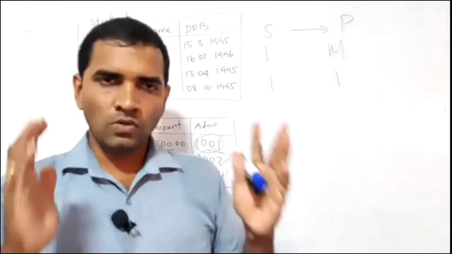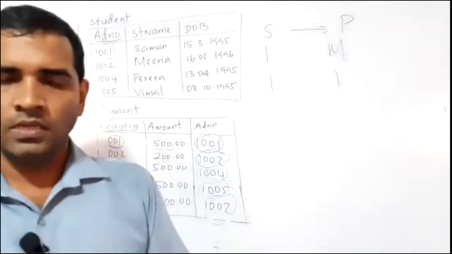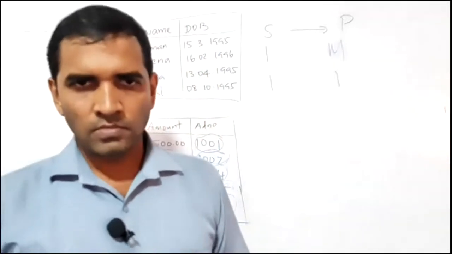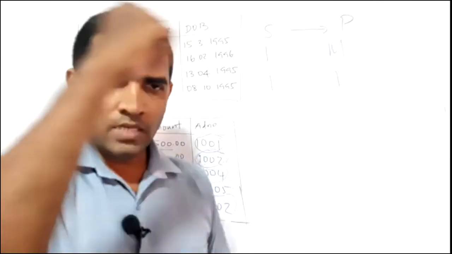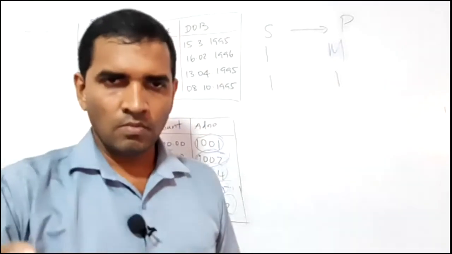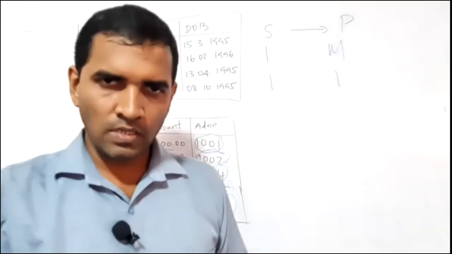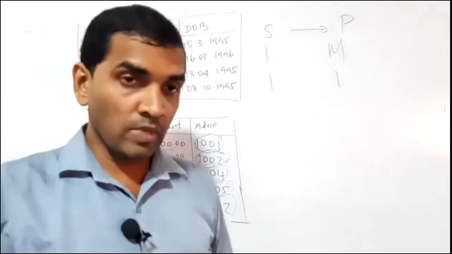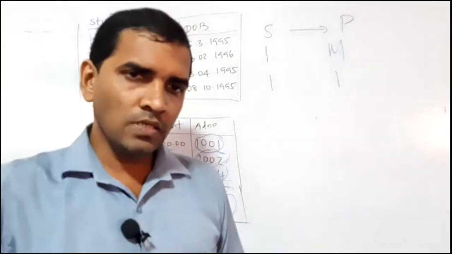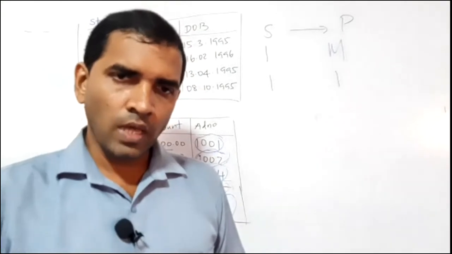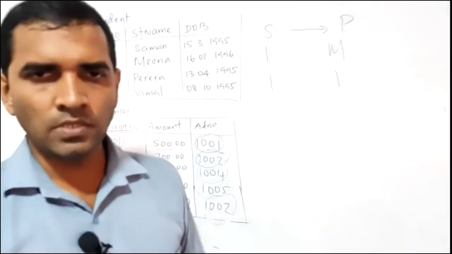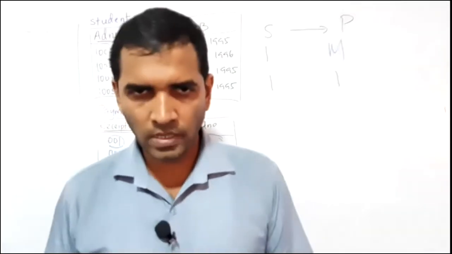Have you understood? So this is the idea behind one-to-many. But again, you need to understand one important thing. A data in one table, or the first table, has more than one similar data in the second table. A data in the second table should have only one similar data in the first table. This is the description, or the definition, for a one-to-many relationship.